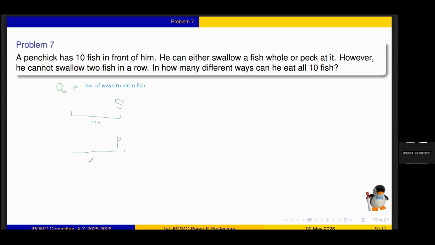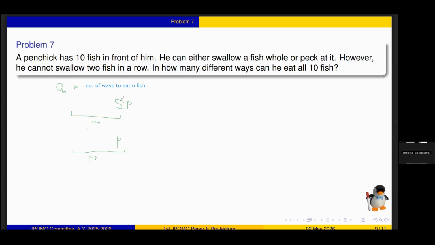In both cases, there are n minus one fish he ate before it, and then you have to find the number of ways to eat the fish now. So in the case where he swallowed before, he cannot swallow now. So there's only one way he could possibly do it, which is a peck, right? And since these two terms are already specified,